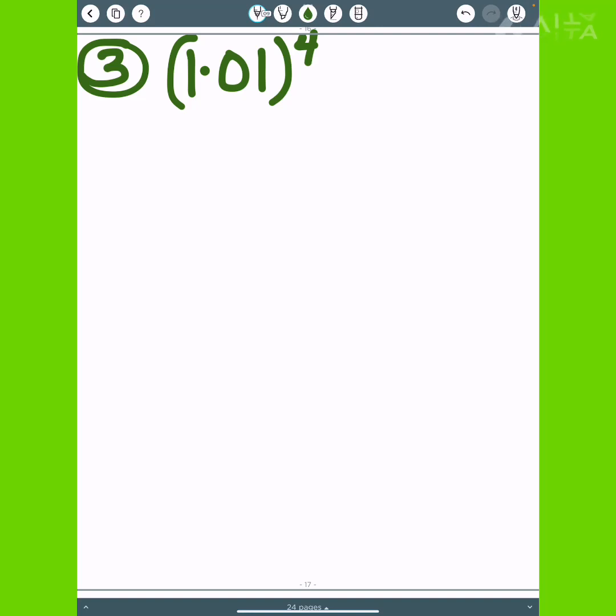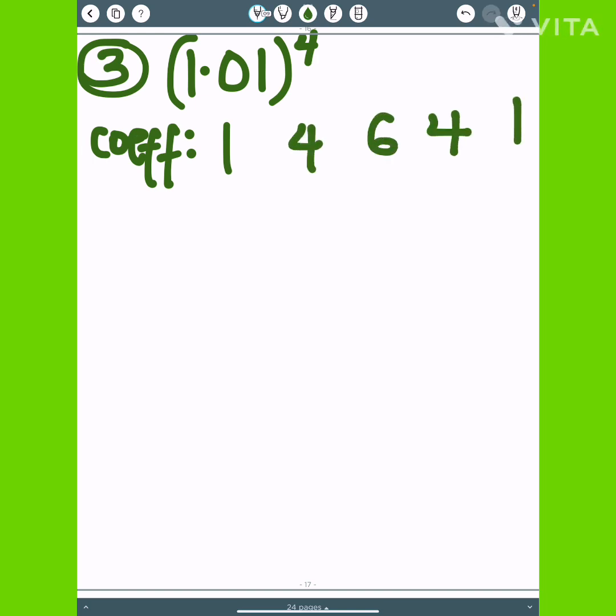1 raised to power 4 using the Pascal's triangle. Here, first thing is also to write our coefficients out. For n is equal to 4, our coefficients are 1, 4, 6, 4, and 1. So, to do this expansion now, I will try and adjust 1.01 raised to power 4 to